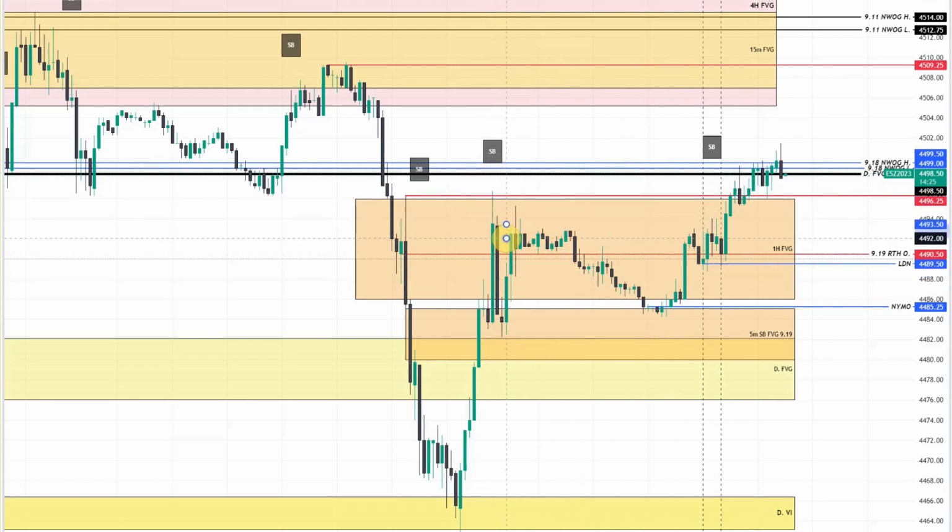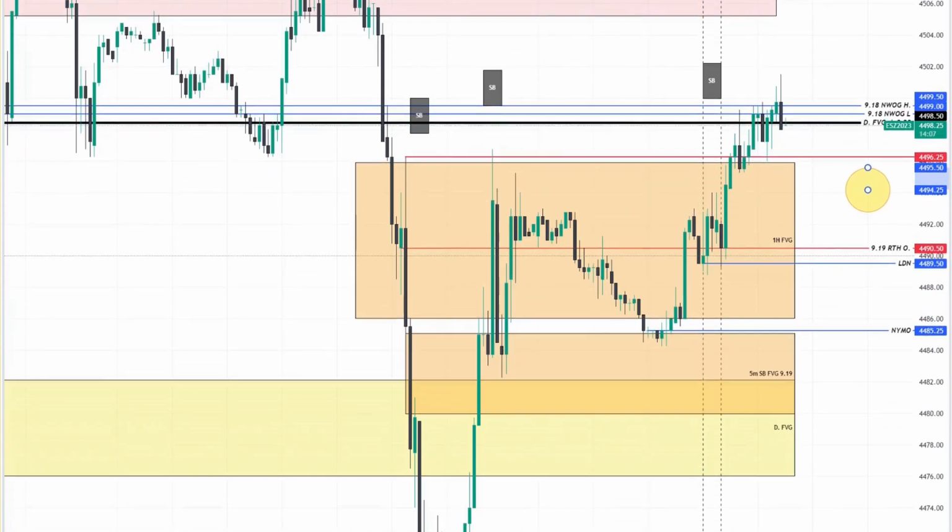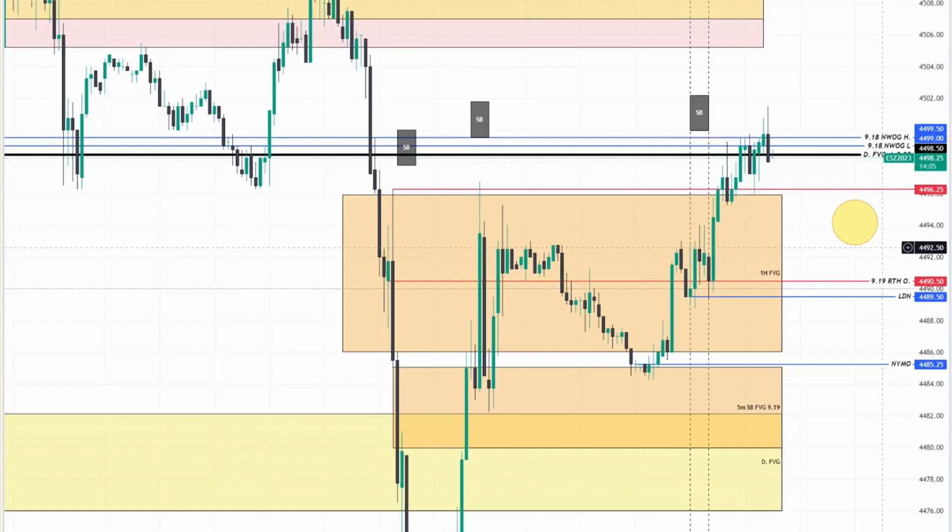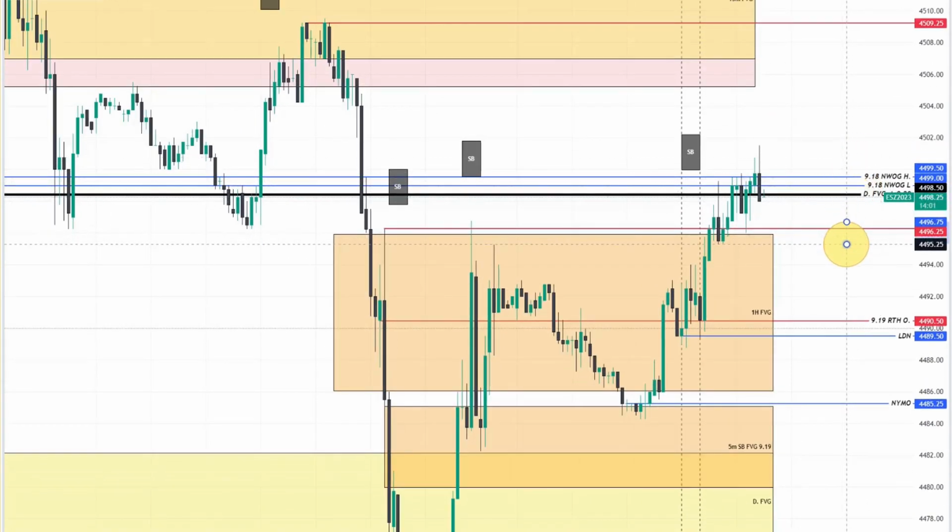So I'm back here. I'm looking at the consolidation, and what is this red line? That is the 919 prior day RTH open. London is below it at 44.8975. And the Wednesday New York Midnight Open is 85. So we're way up here right now. And what is up here? Let's look. What we've got is the September 18th New Week Open gap for this week. So that is a level definitely. And also is the 4,500 zone. So definitely looking at that.